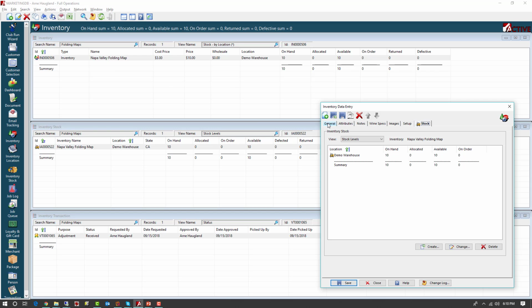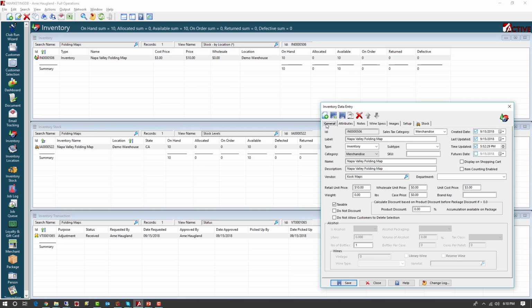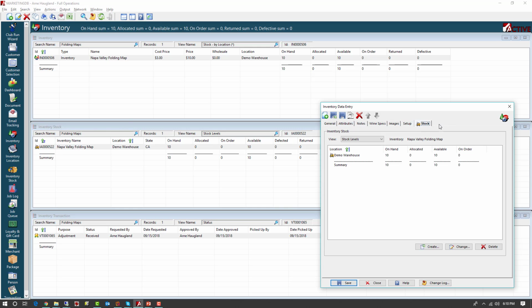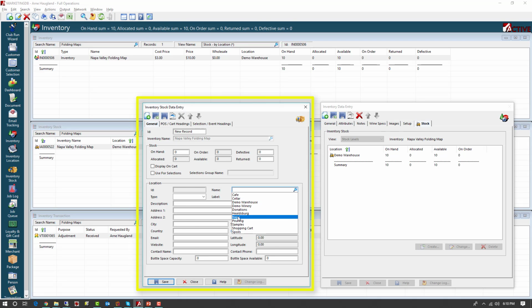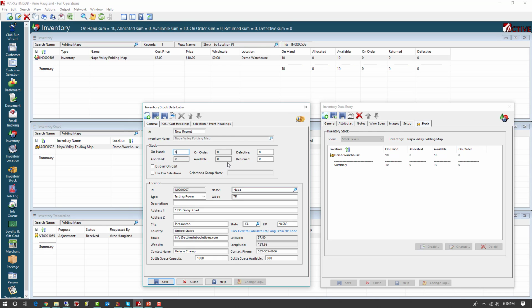We want to be able to sell that out of Napa as well. So let's go back to this tab stock, and I'm going to go create, and we'll say Napa. This time I'm not going to put any kind of number into this field. I'm going to leave it at 0. So I hit save,